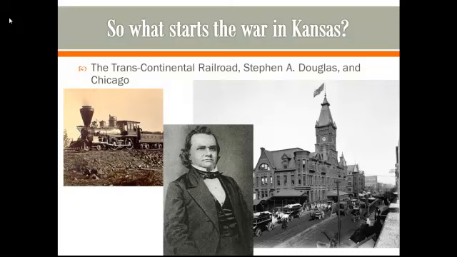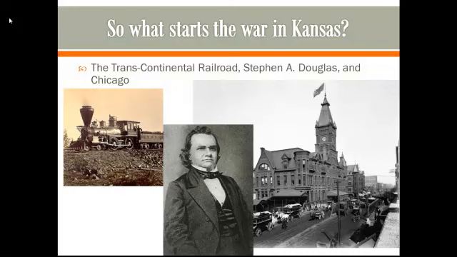And the actual reason is because of our city of Chicago and one of our most famous senators in Illinois, Stephen A. Douglas. Stephen A. Douglas was one of these new leaders in the Senate, and he knew that the future was going to be in the Transcontinental Railroad. He wanted very, very badly to have that railroad go through the city of Chicago, to make Chicago basically the center of all commerce, where all the railroads would converge.